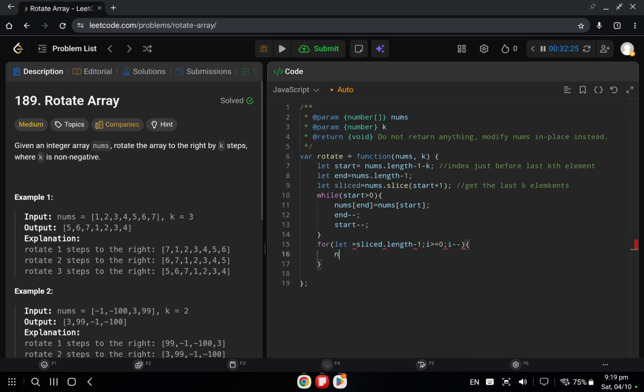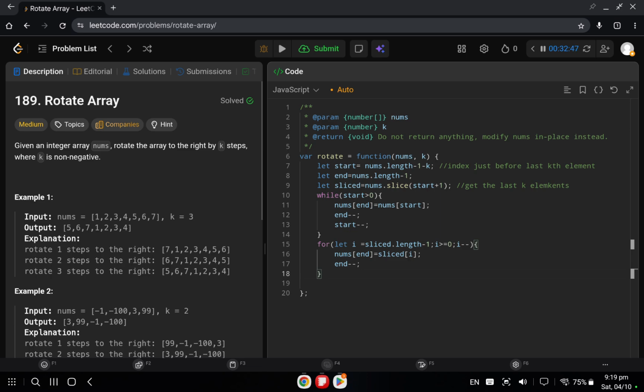What do we have to do? We have to place nums at end equal to sliced at i, and here we have to do end minus minus. So we have actually rotated the array in place.